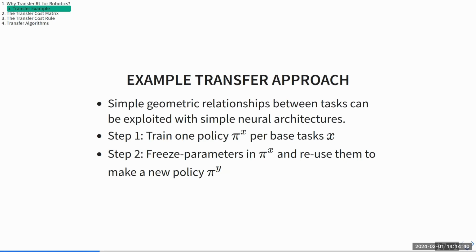And so our setup is going to be to train a base policy pi x, and then we're going to reuse the parameters in it to make a new policy pi y, where there are going to be some new trainable parameters that we'll find in the